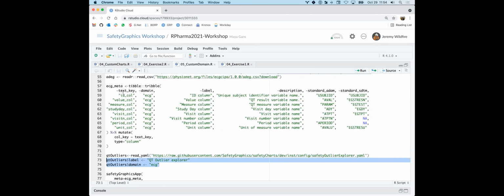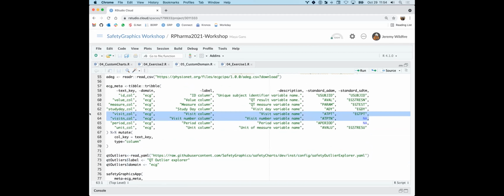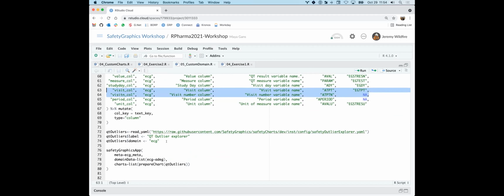Notice that we're using the same text keys here, right? So we're using value call, measure call, all of it's the same, just the domain has changed. The visit and period stuff is a little bit different, but here I just kind of cheated and said, okay, well, we're just going to use time point as our visit column. So that's probably not best practice. It would probably be better to refine this a little bit, but just for the example, all we've done is